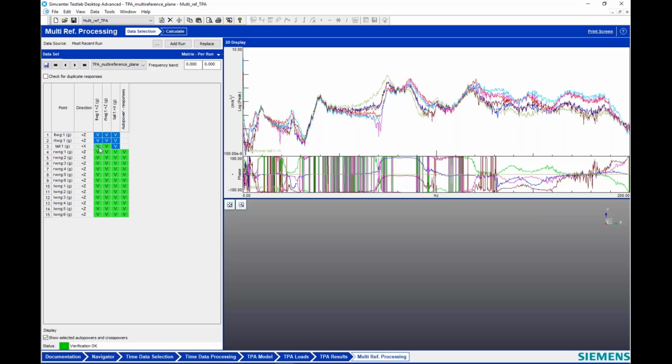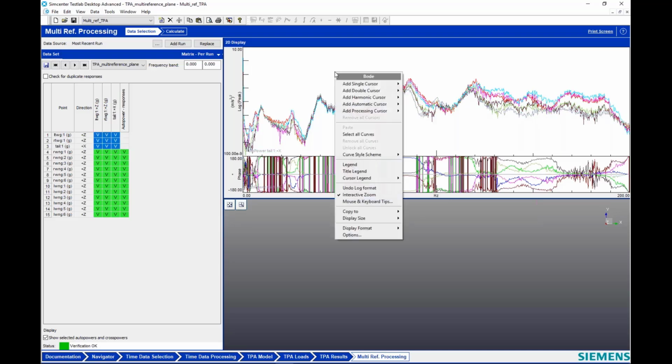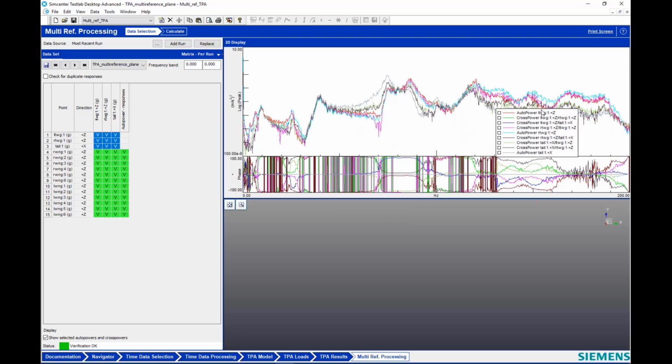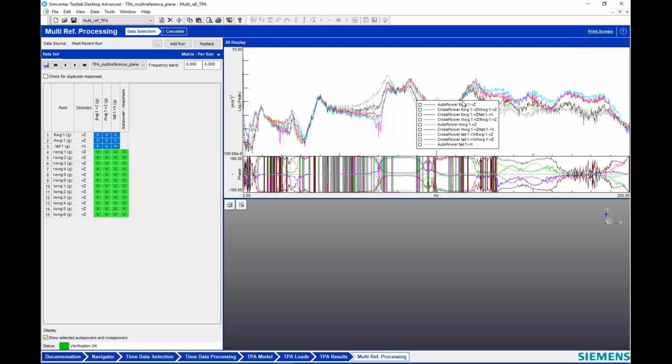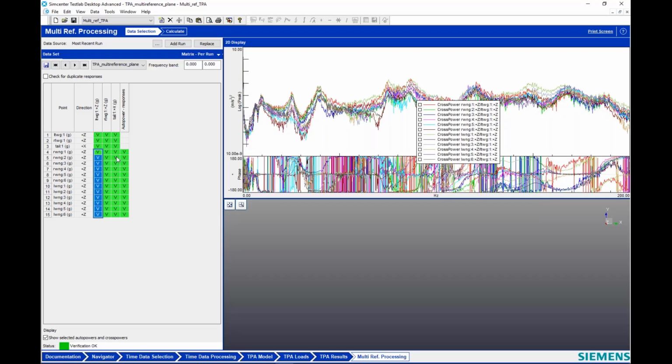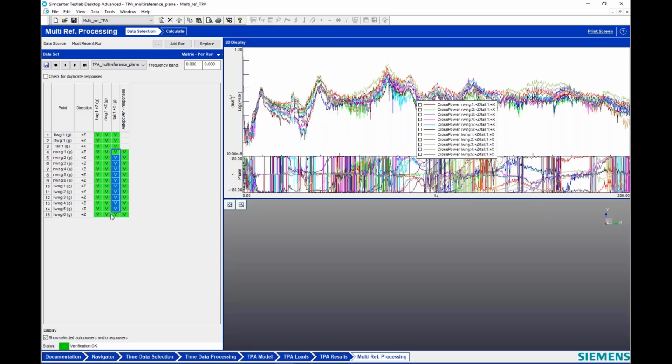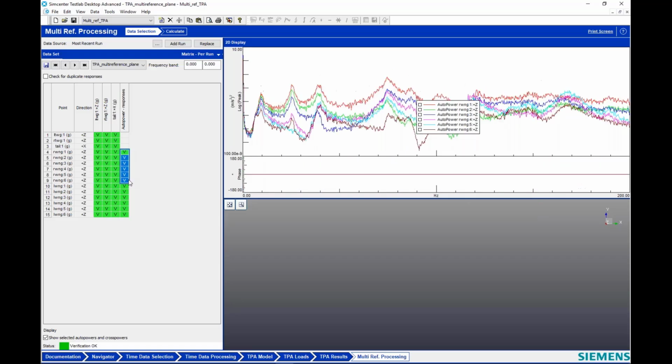So as I turn on these reference auto powers, and if I look at the full 9x9 matrix, I can see that I have values on the off-diagonal. So these references are partially correlated instead of uncorrelated. If I want, I can look at the cross powers. So these are the cross powers with respect to the first reference, cross powers with respect to the second reference, cross powers with respect to the third, okay? And then this is an auto power of my response.